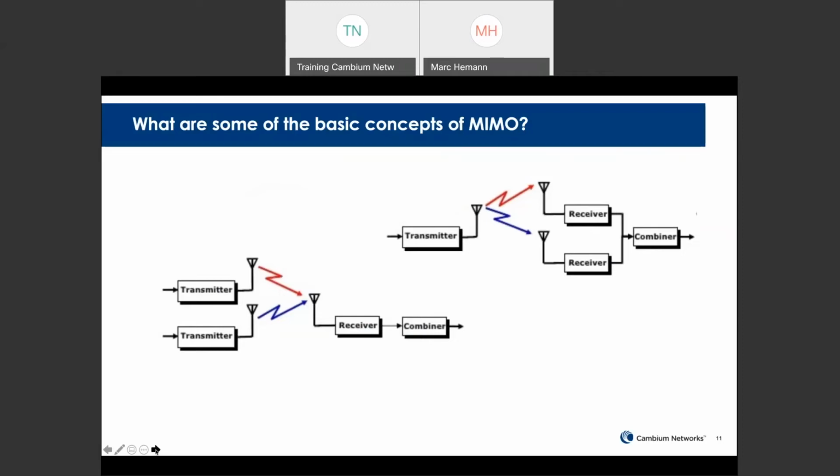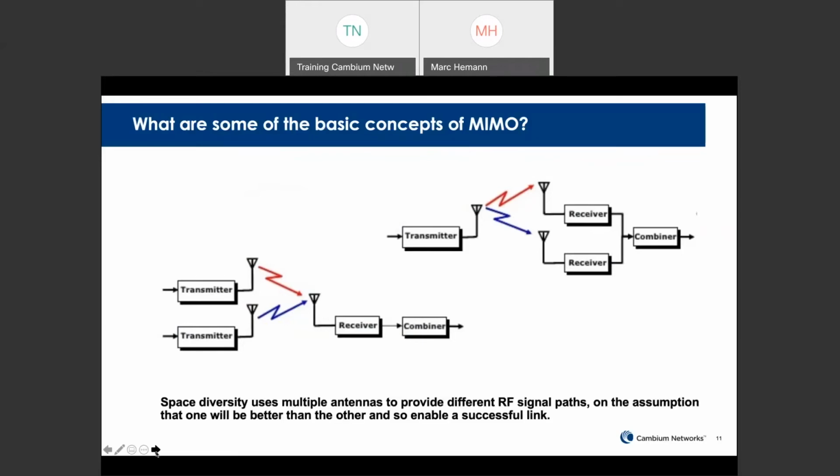Space diversity, used in the broadest sense of the definition, is used as the basis for MIMO. It uses antennas located in different positions to take advantage of the different radio paths that exist in a typical terrestrial environment. Beamforming is a technique where the same signal is transmitted over multiple antennas and the antennas act like